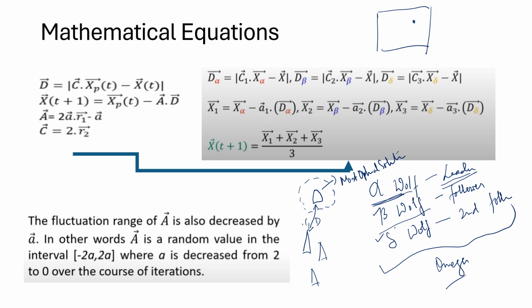So what happens is that at the time of hunting, these three wolves lead the pack, and then what happens once the alpha wolf detects a prey. So the prey can be a cow, prey can be deer, prey can be any herbivores,